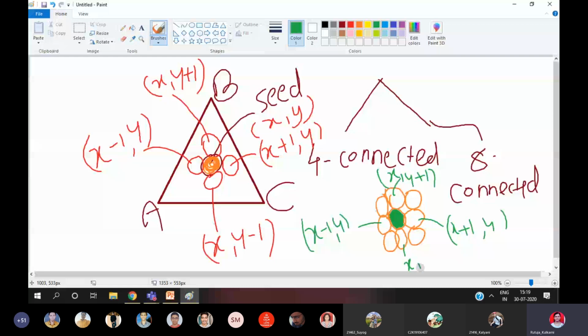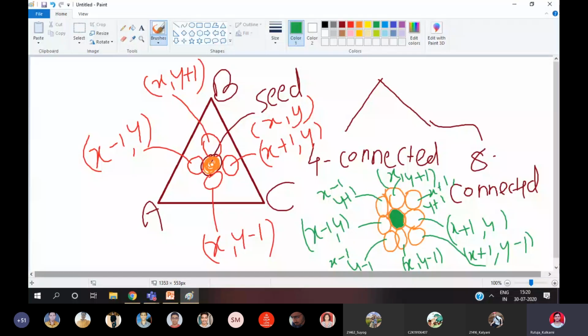Now what about this pixel? Anybody? Yes, x plus 1, y plus 1. What about this? x plus 1, y minus 1. Right? What about this pixel? It's x minus 1, y plus 1. What about this pixel? It's x minus 1, y minus 1.